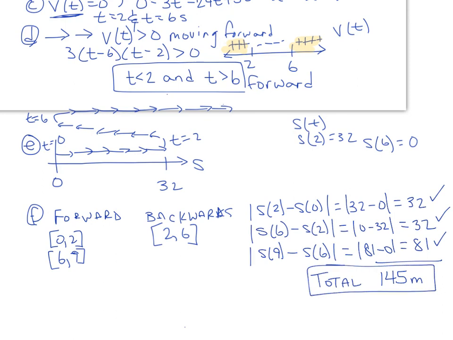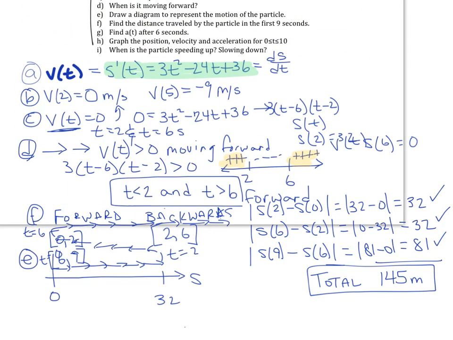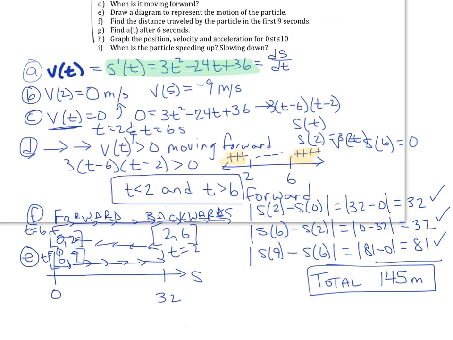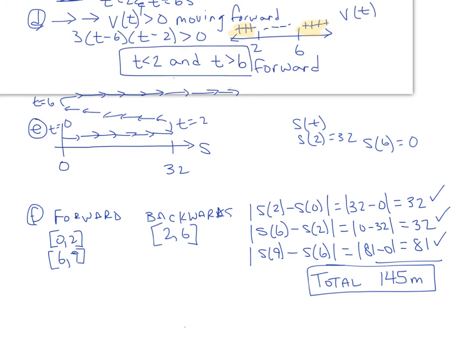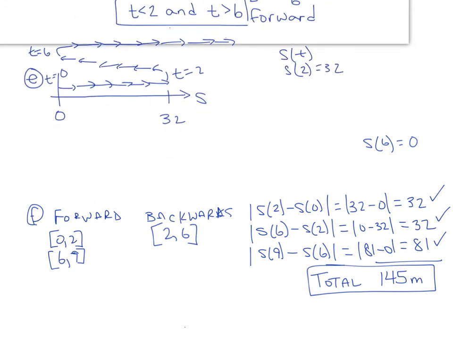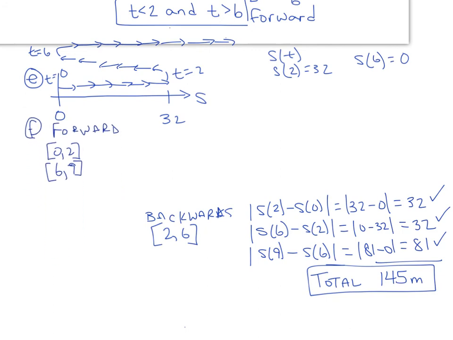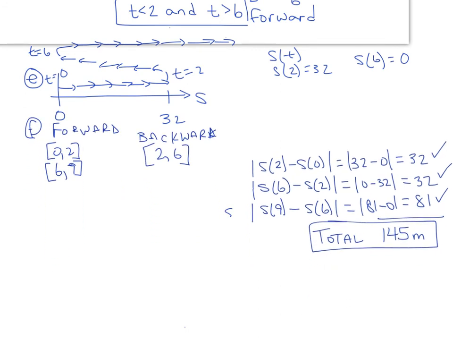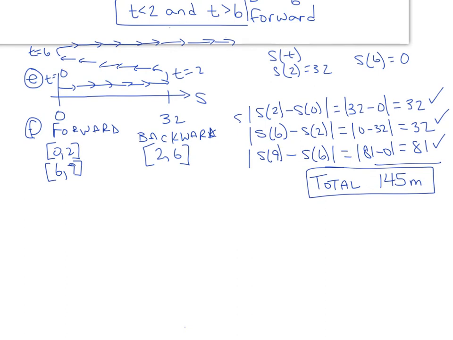All right, so now let's move on to part G. Let's read what part G says. Part G says, find the acceleration after 6 seconds. All right, so let's move all this up again. We got to do all these things, all these pieces, because that's the way this does it. I guess I can group them together and worry about that later, but that's what I'm going to do right now. So for part G,